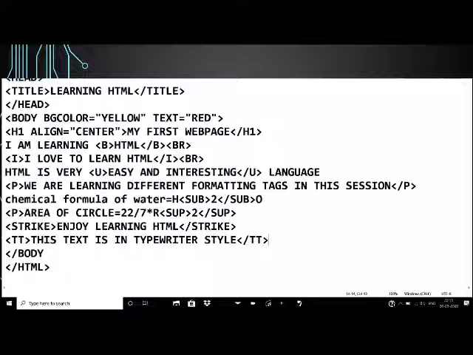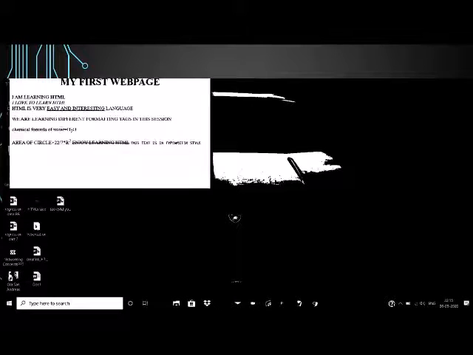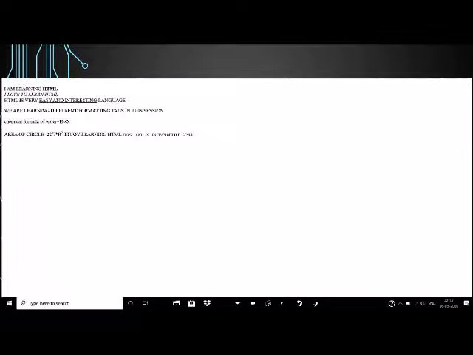So these are the different formatting tags. Now I'll save this document. I've saved it. Now I will minimize this, and after that when I open this document, we can see all the formatting that we have done. First of all, I wrote this line, we are learning different formatting tags as a different paragraph.